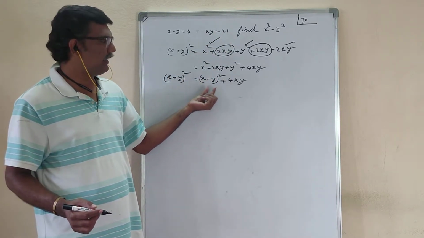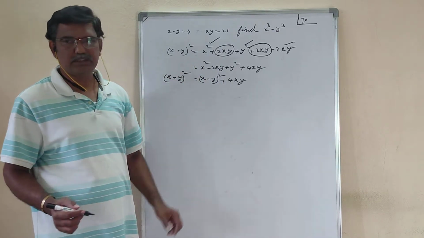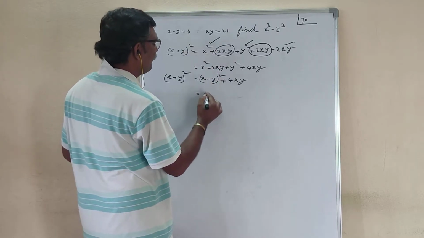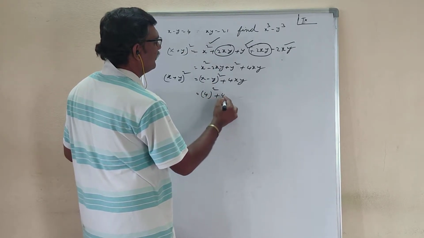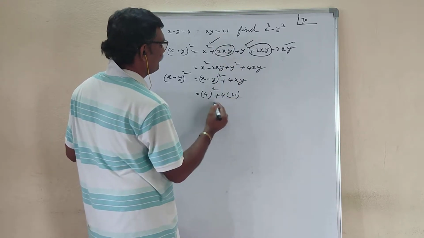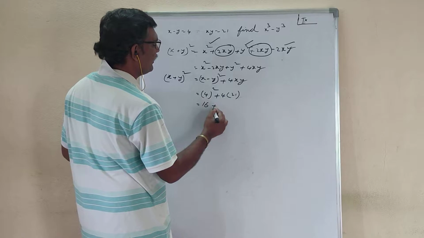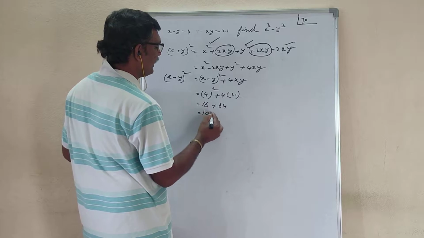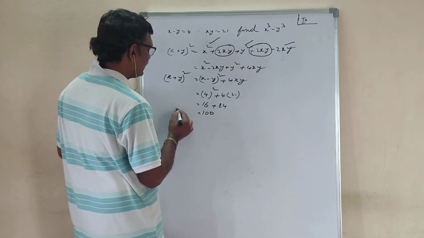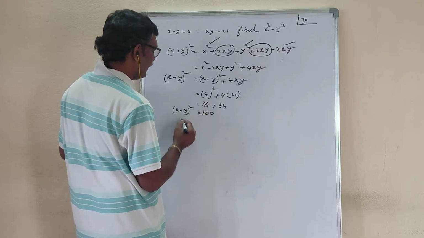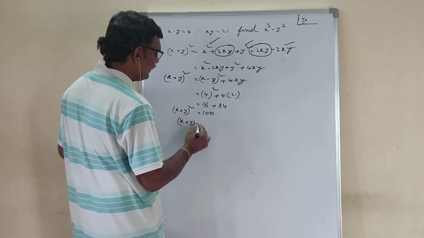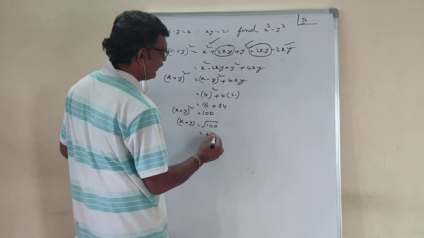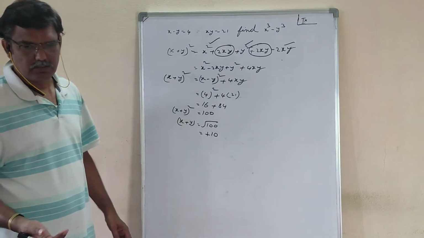When we know x minus y and xy, we can find x plus y whole square. How? Just substitute: x minus y means 4 here, 4 square. xy means 21 here. 4 square is 16. 4 21s are 84. If you add 16 to 84, you get 100. So x plus y whole square is 100. If you want x plus y, it is the square root of 100, which you can take as 10. No need of writing plus or minus. It is 10.